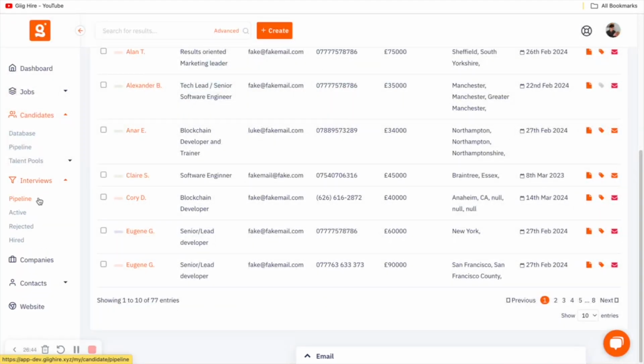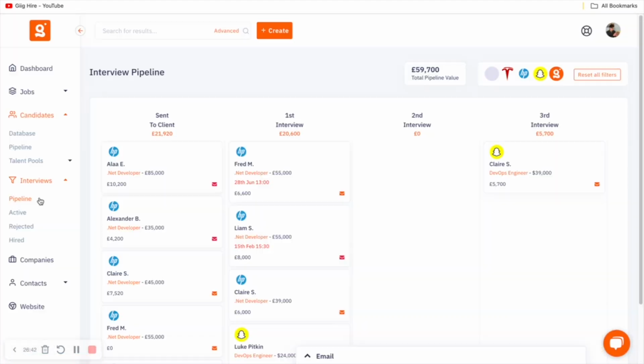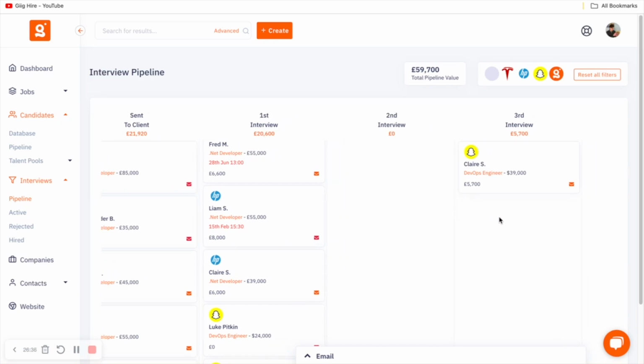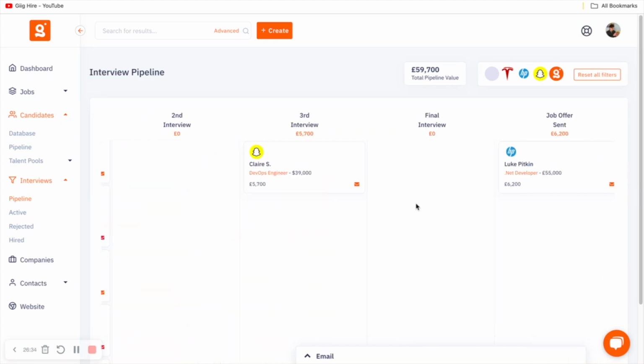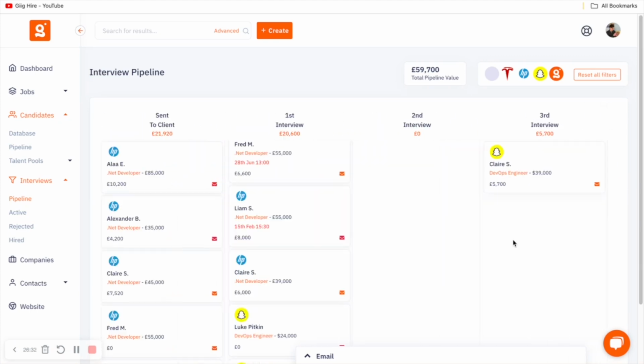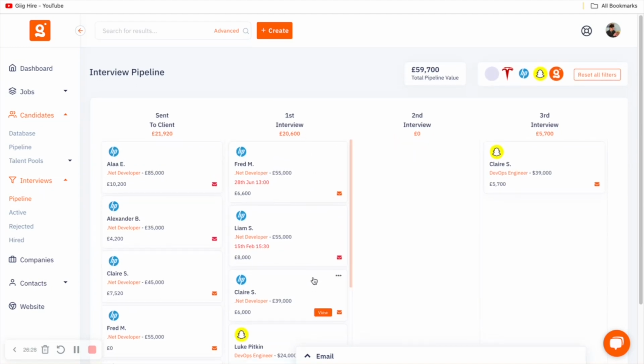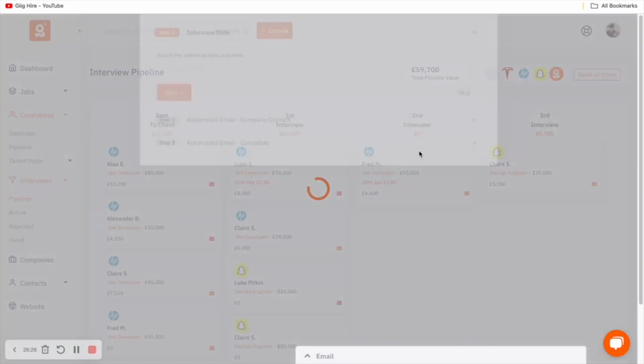So if I come down into the interview pipeline board, you will see here that we've obviously got candidates in the pipeline, and this is where you can manage your interview pipeline from sent to client all the way through to hired. And to show you the automated email templates in this section, if I drag this candidate as an example to second stage interview,